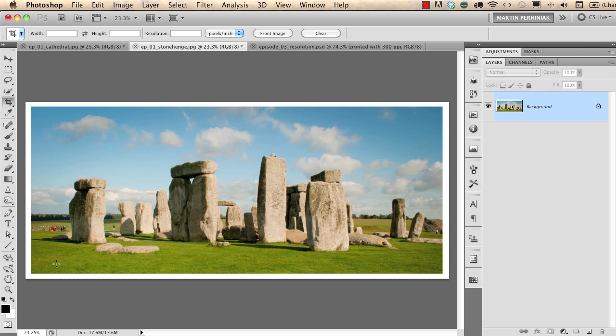This is all what we need to know about pixels and resolution, but we also need to learn more about colors. So in the next video, I will talk about color modes, bit depth,